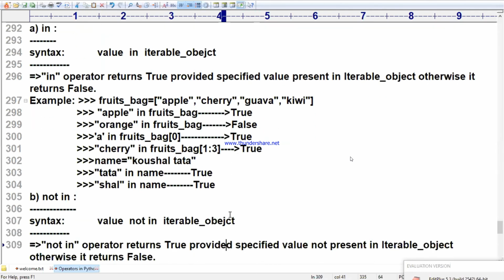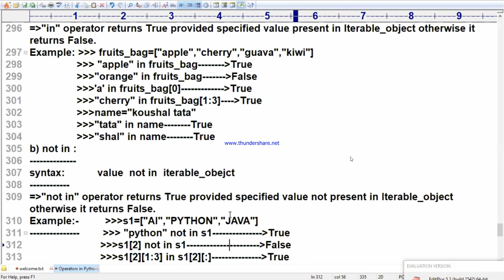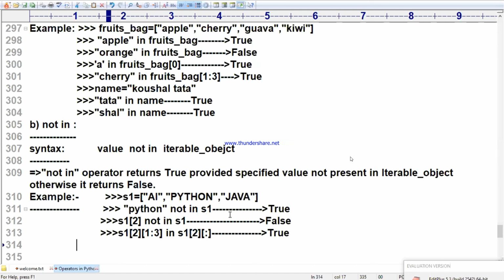Not in also, write down not in. The 9 AM batch was started almost one month back.